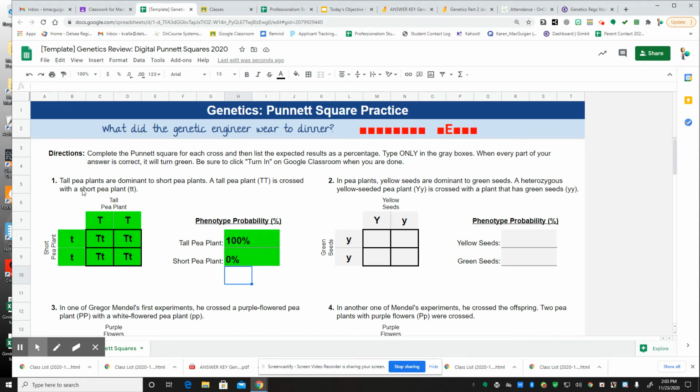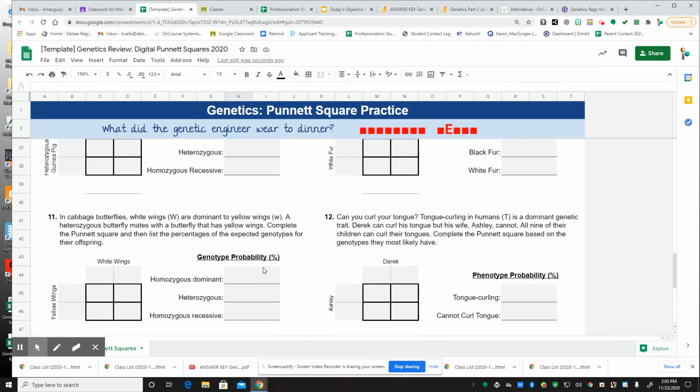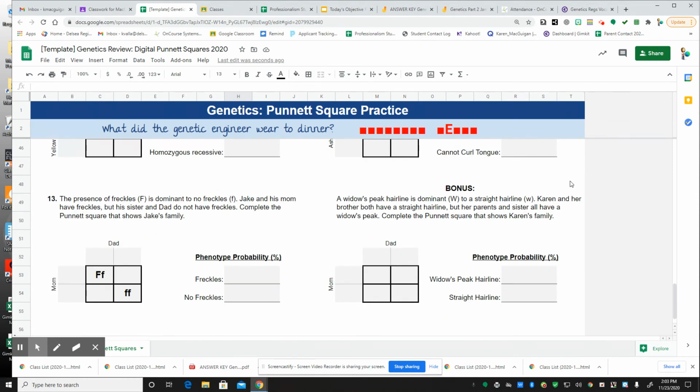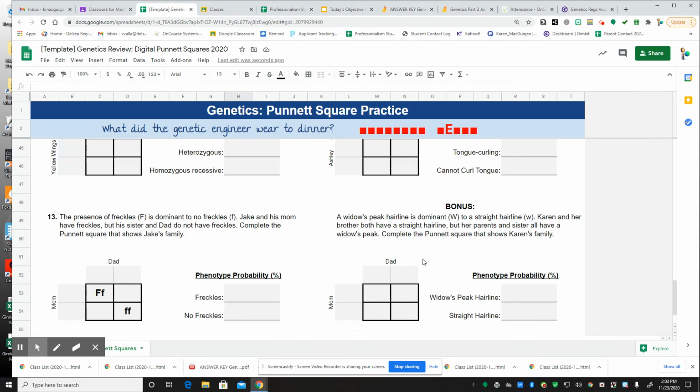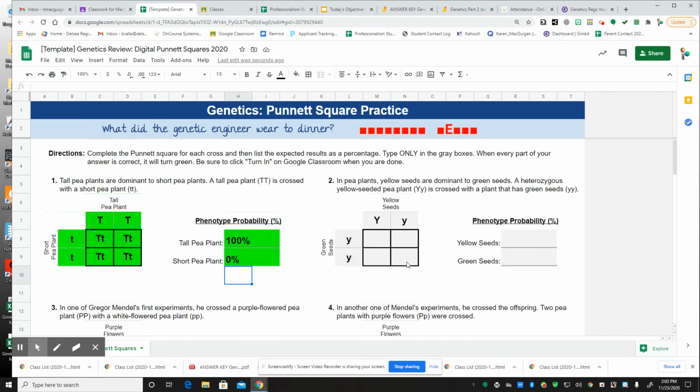So you're going to do again 1, 2, 3, 4, 5, 6, 7, 8, 9, 10, 11, 12, and 13, and then you have your bonus question. If you have any questions, please feel free to reach out. Also, I forgot to tell you, at the end, if you solved all your questions correctly, you'll be able to